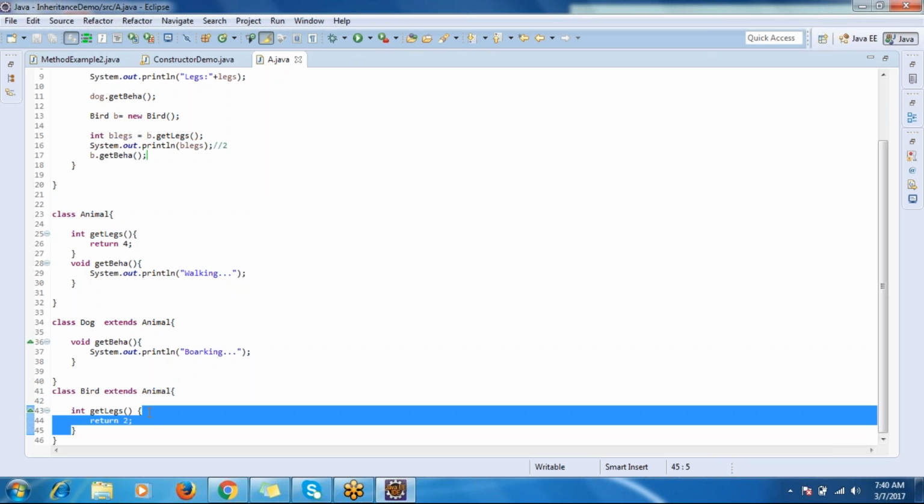Overriding will be happening between two classes. There should be some existing method, then only you can modify the feature, right? So this is called overriding. It's clear? Overriding is clear, right? This is also one of the very, very important